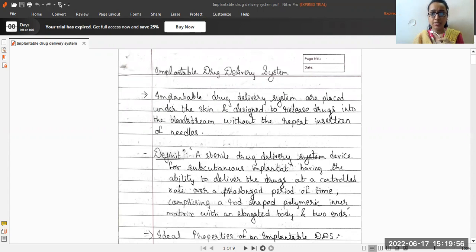Today my topic is implantable drug delivery system. It is a part of novel drug delivery system, in which we already studied about polymers. Firstly, what do you mean by implantable drug delivery system? These implantables are placed under the skin and designed to release drugs to the bloodstream without the repeat insertion of